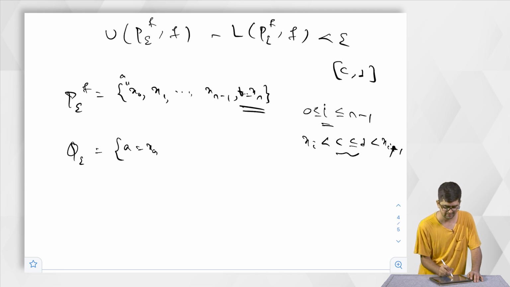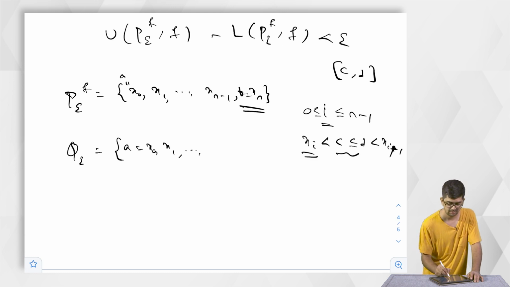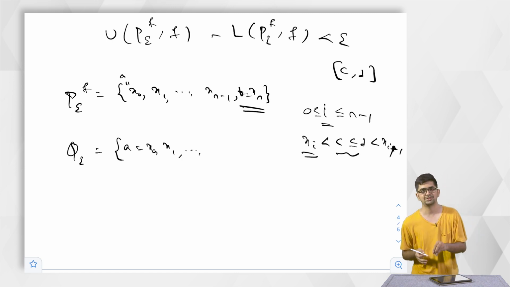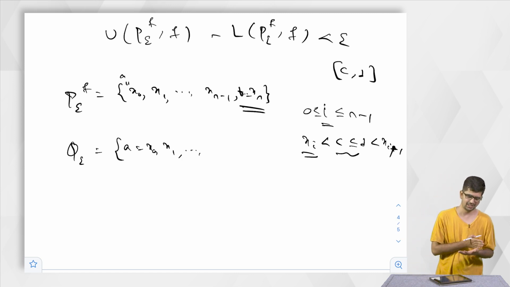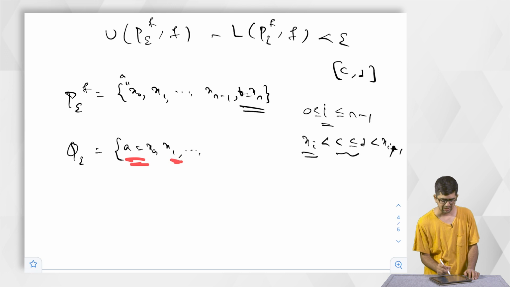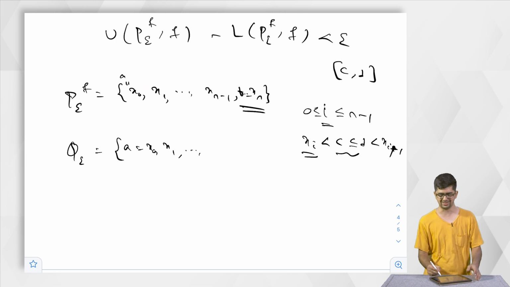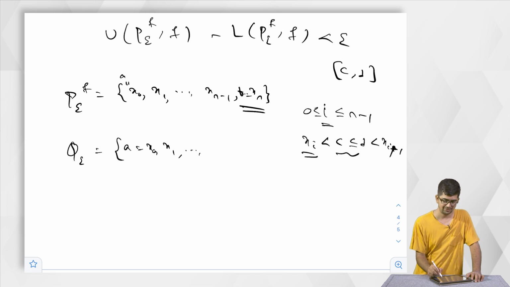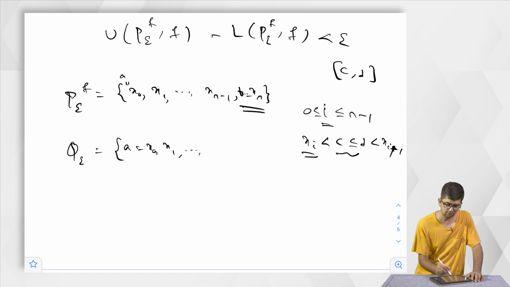So let me do that: x0, x1, dot dot dot. After xi, I will add c comma d. See why I am trying to focus so much on this. By definition, a partition is a finite subset of the interval such that these elements are in increasing order. So I cannot add c and d just anywhere. This is the obvious thing to do, but still, I need to look for some i for which xi is less than c and that is less than xi plus 1. In between those I will add c and d. So xi, c comma d, xi plus 1, dot dot dot